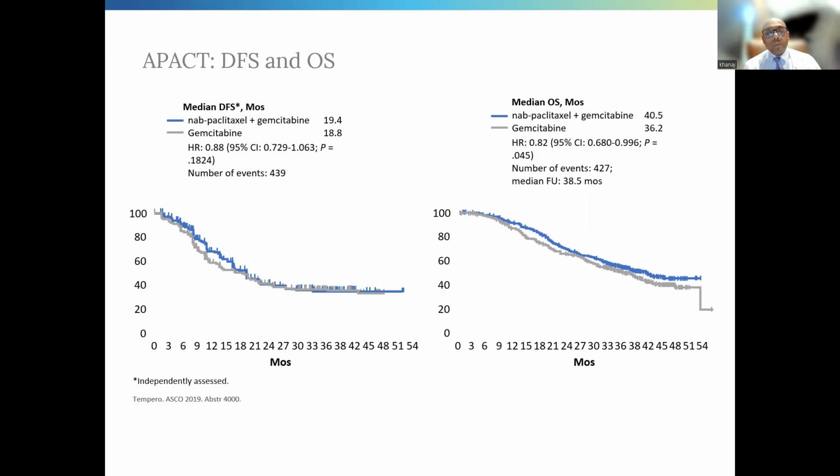The survival curves on this chemotherapy regimen were, as you can see, disease-free survival almost 20 months in comparison to 19 months, but the overall survival was over 3.5 years in comparison to 3 years for the nab-paclitaxel and gemcitabine arm. So it was statistically significant, which ultimately gained the FDA's approval for patients following surgery. Next slide,